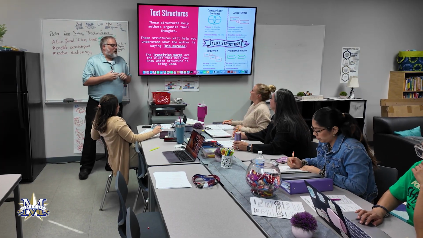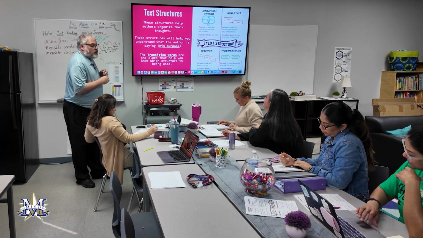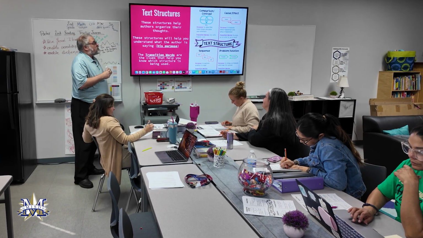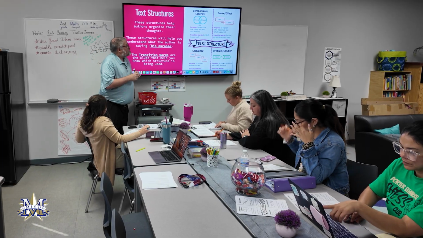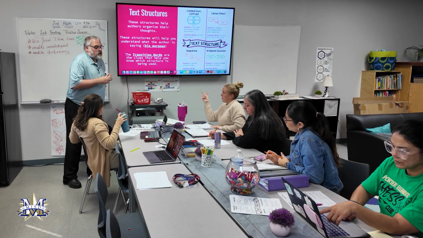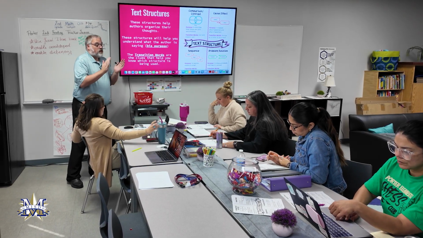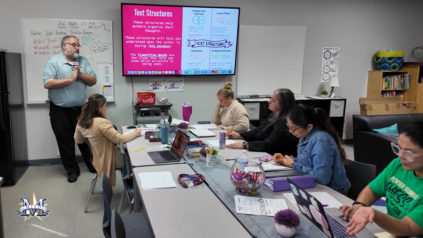We have one more to look at. What's our last one, Miss Grady? Problem and solution. Now this looks a little similar to cause and effect, right? We have arrows, okay? But what's missing from this one compared to cause and effect? What do we see on our diagram that's missing compared to cause and effect? The arrow from one to the other. Good. So cause and effect has a direct arrow. One happens, another thing immediately happens. Problem and solution might not be that simple.